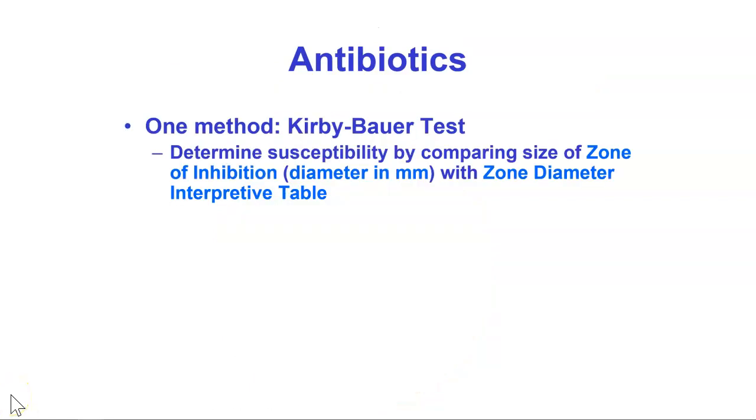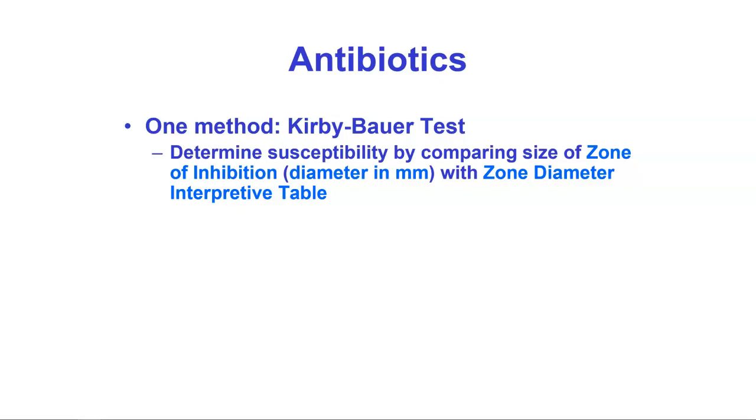One of the ways that we scientifically deal with these materials is through what we call the Kirby-Bauer Test. The Kirby-Bauer Test really determines the susceptibility of a microorganism to a specific antibiotic. We use what we call a zone of inhibition, and we can compare that with a zone diameter interpretive table so that we can do these tests virtually anywhere in the world on different microorganisms